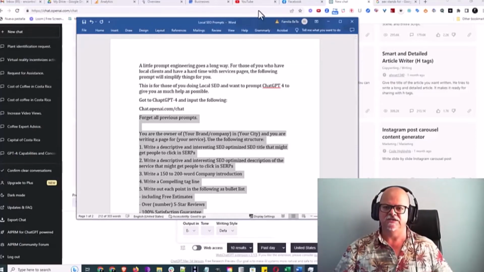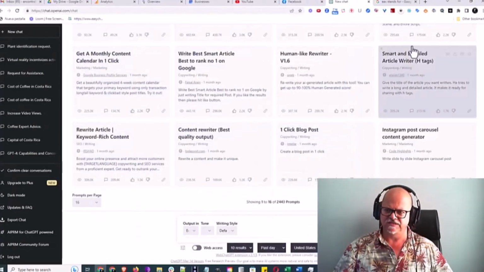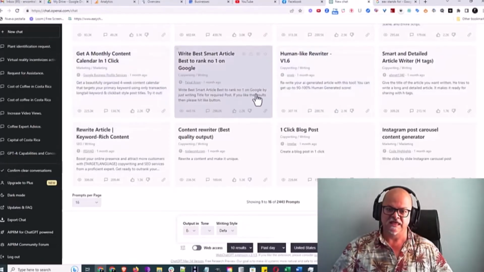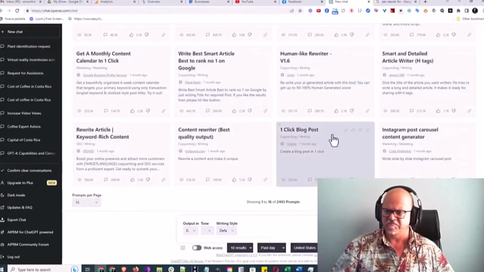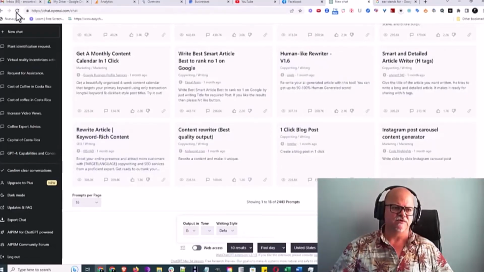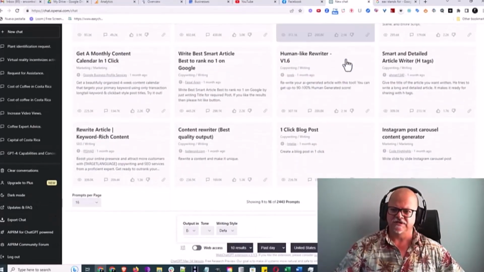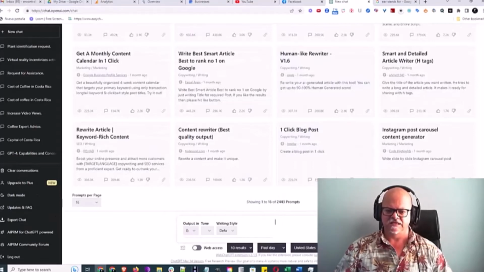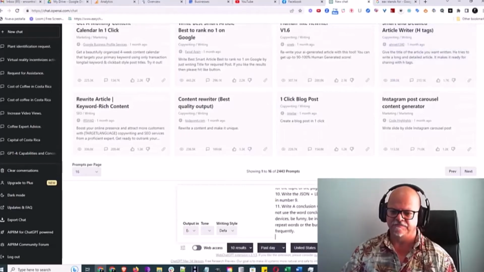So once you do that, you just go to ChatGPT, and I'll show you what this is in case there are those of you who don't know. This is a Chrome extension that has great prompts already. So that prompt that I'm giving you might probably be in there. I don't know, but at any rate, I'm going to refresh this. Get a fresh screen, paste everything in. There's my prompt in the window, and I am going to paste that in.